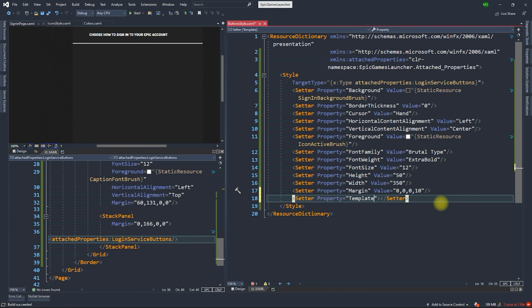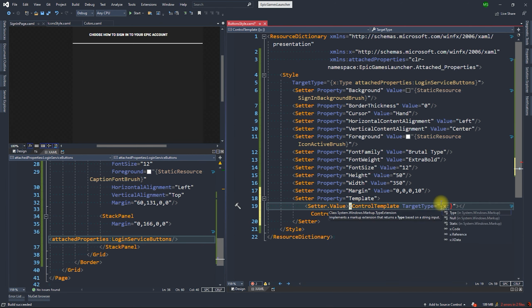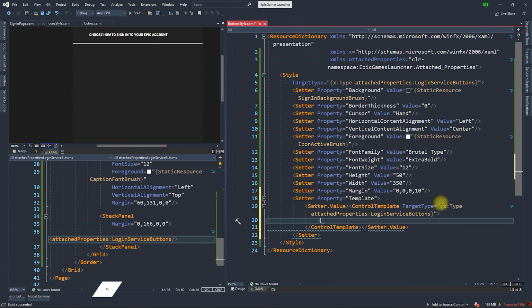Now let's edit the template of our button. So add a setter for template and control template of target type login service button as value.